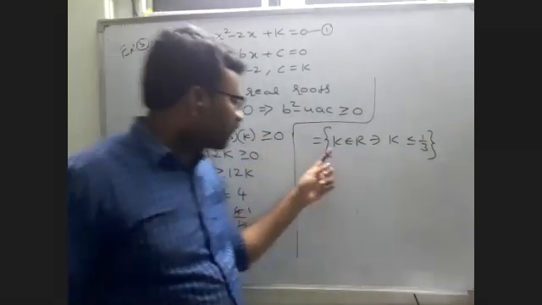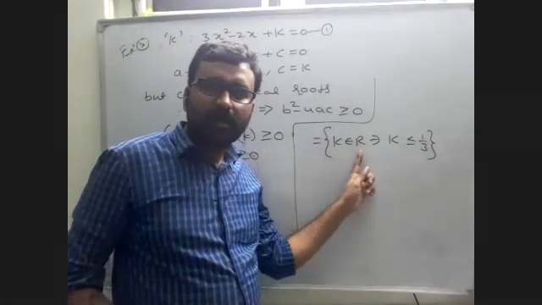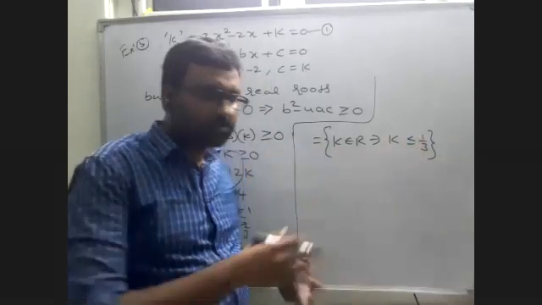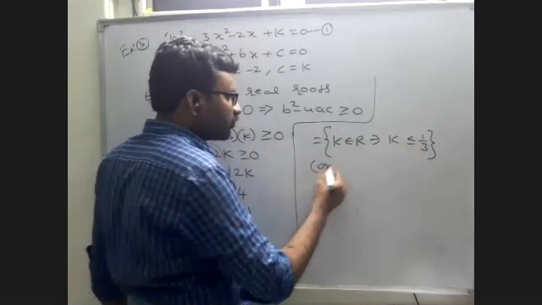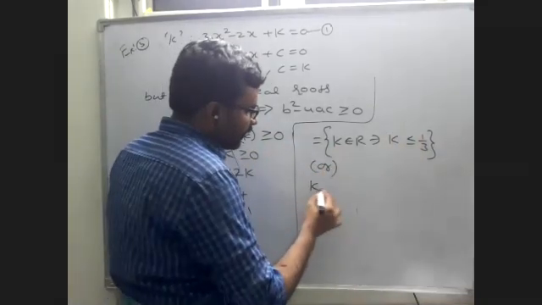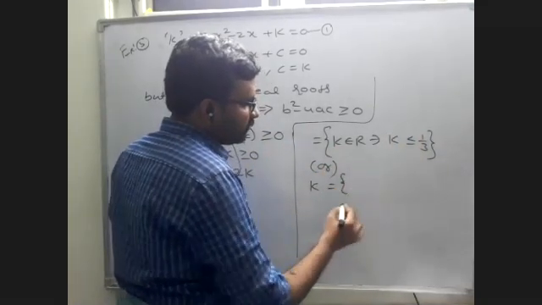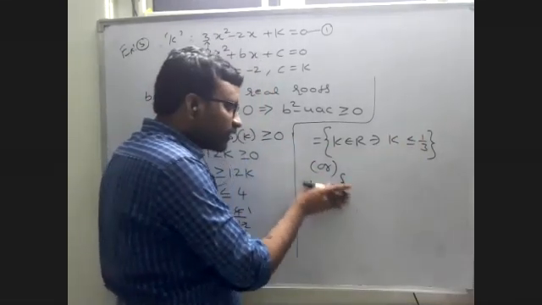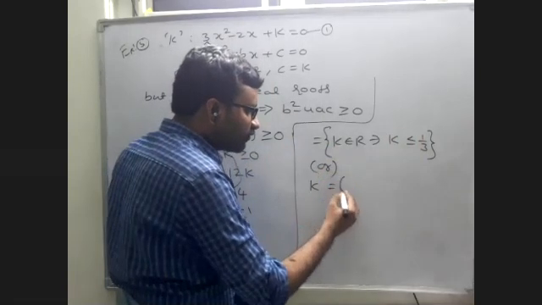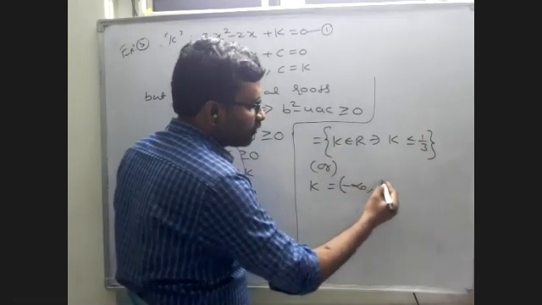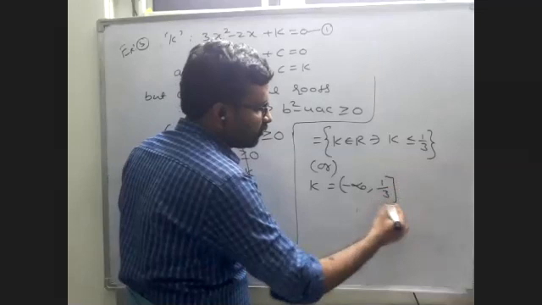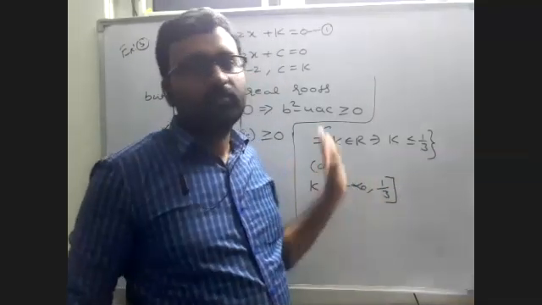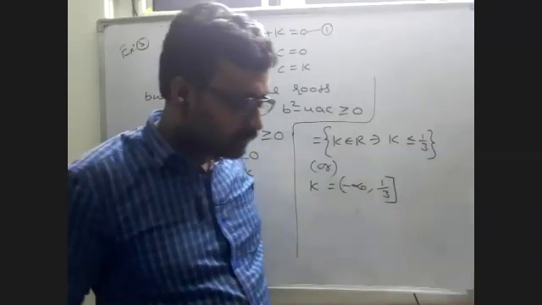So the value of k is what? A real number. How will that be? Less than or equal to 1 by 3. Otherwise, you have to write it like this, or as I told you already, k is equal to 1 by 3 negative dash, dash, dash. I am writing it as the set k is equal to minus infinity to 1 by 3 closed bracket. In these two ways, you can write any one way. Both are correct. Okay. Can you copy?